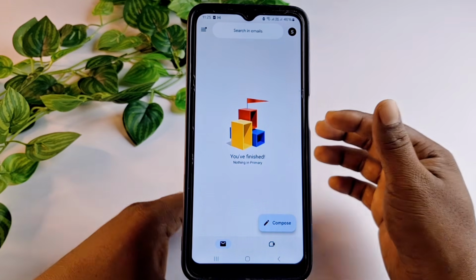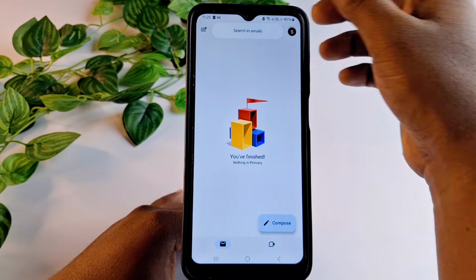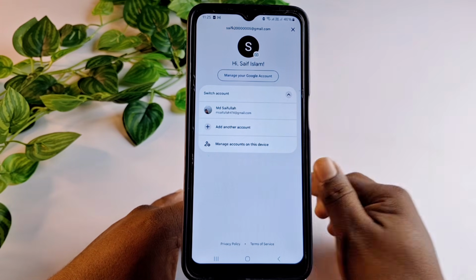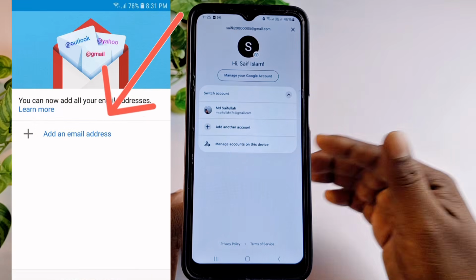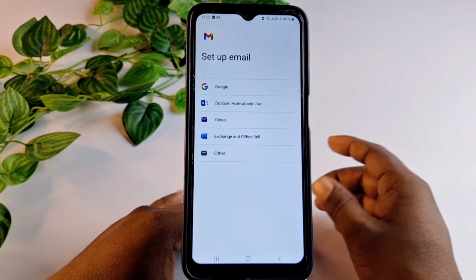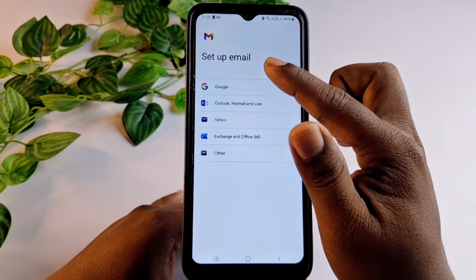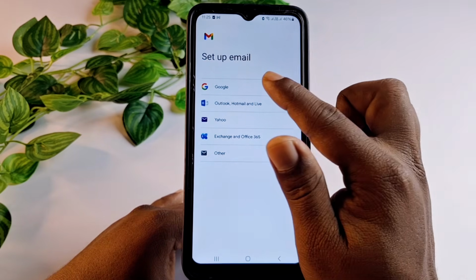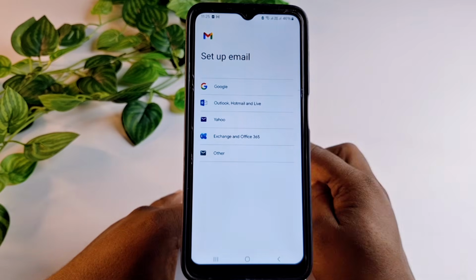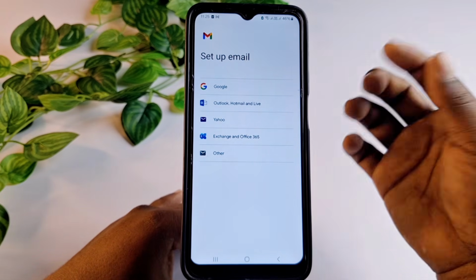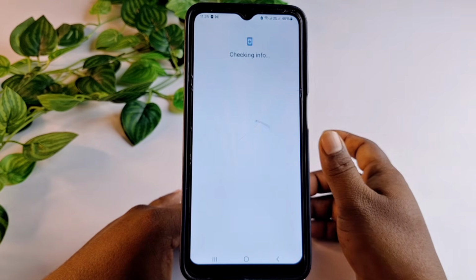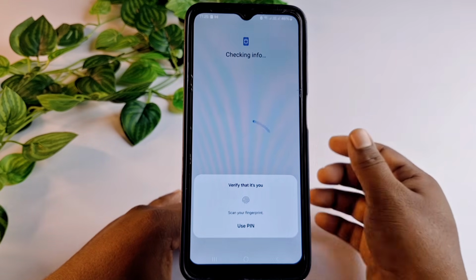Okay, so let me click here this profile icon and then click here add another account. But in a new phone you will see add an email address. Okay, so let me click here add another email account, and after that you can see three types of domain name, which come from Google, Outlook, Hotmail and Yahoo. Okay, so I will use gmail.com for creating the email address. So let me click here the first one, Google, and after that wait for a few seconds,